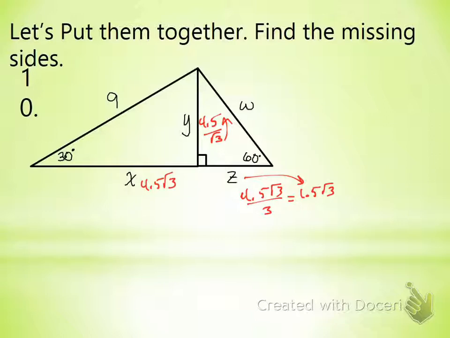To get the hypotenuse, we want to double the short leg. So just double 1.5 radical 3 and you get 3 radical 3. Okay? Hopefully that makes sense. Keep trying to apply these shortcuts. If it takes a little bit longer for it to click, that's okay. I think that eventually it will, and it'll make your life a little bit easier when you can recognize these